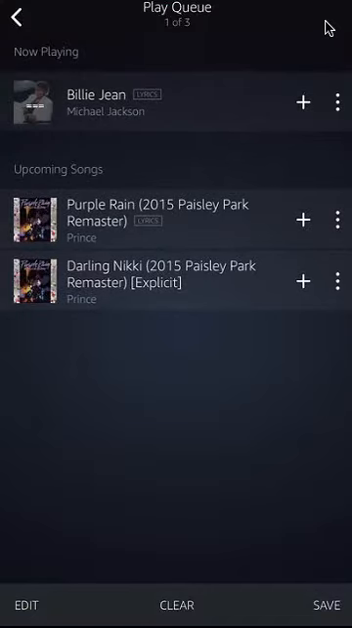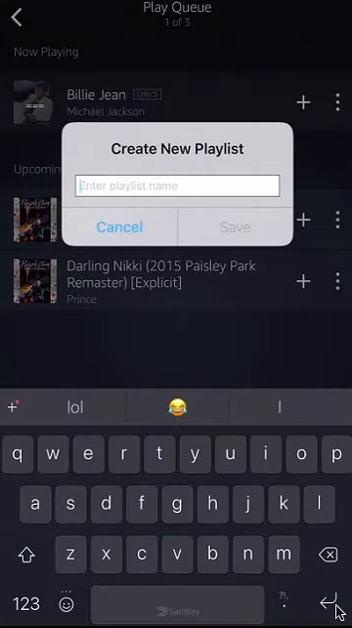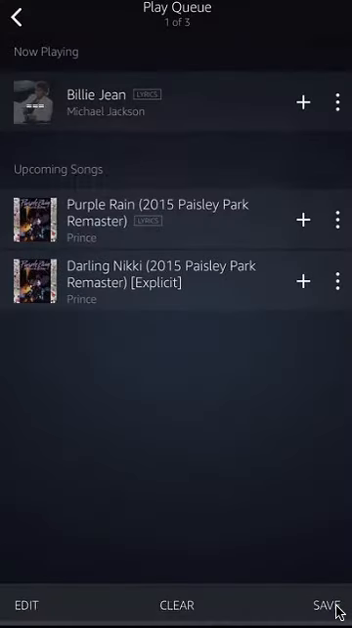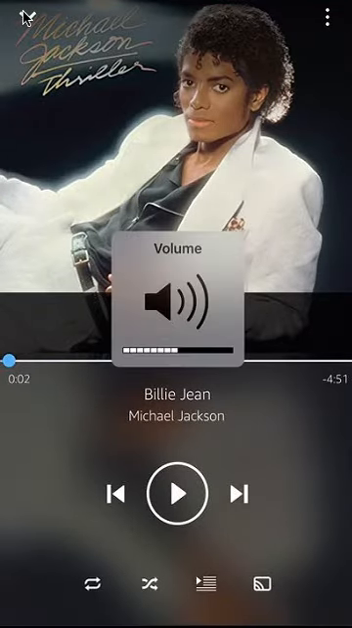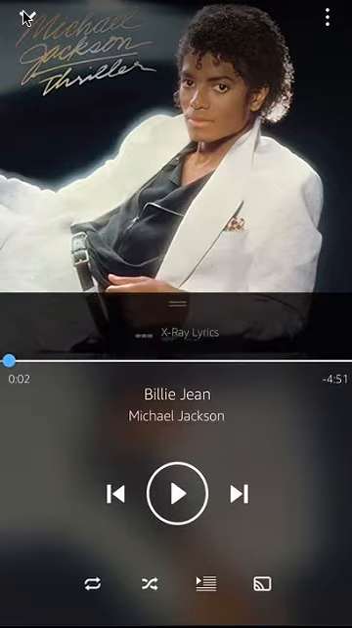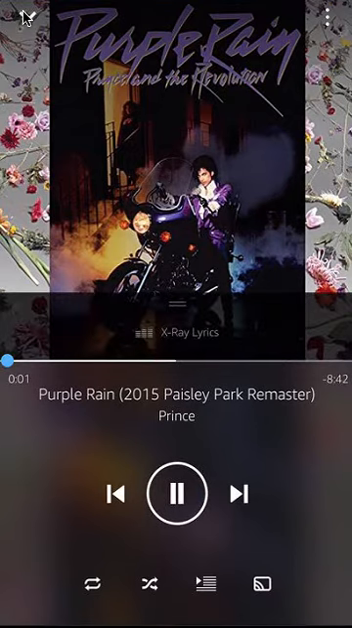Now make sure you click on where it says save. That was saving as a playlist. Let's actually go back, the back button. Now let me turn this off so YouTube doesn't get mad at me. So I'll start playing, and then when I press skip, it plays Purple Rain. That's how you can create a song queue